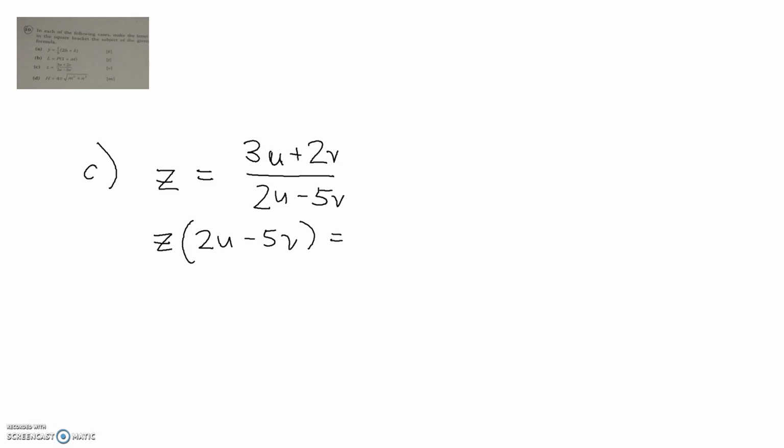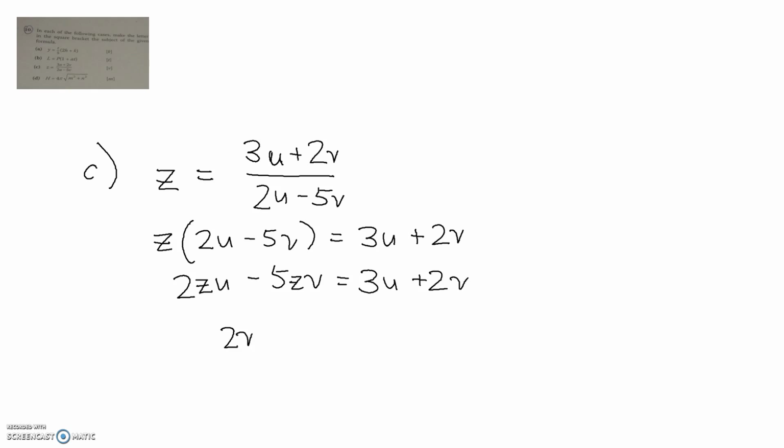And on the right hand side, we have the same 3u plus 2v. So if we expand this, we have 2zu minus 5zv equals to 3u plus 2v. So bringing over all of the items with a v together, what we have is 2v plus 5zv